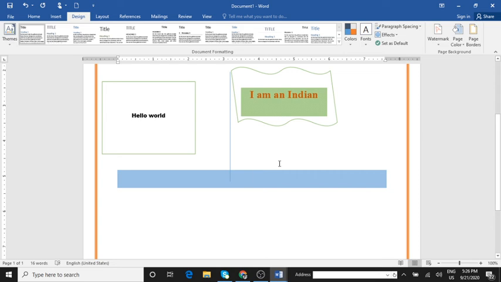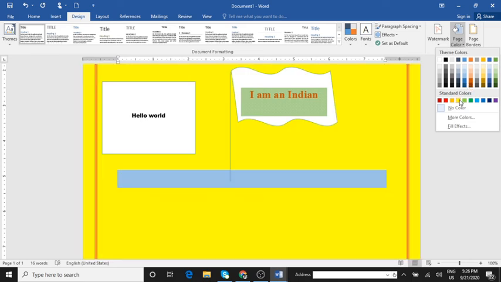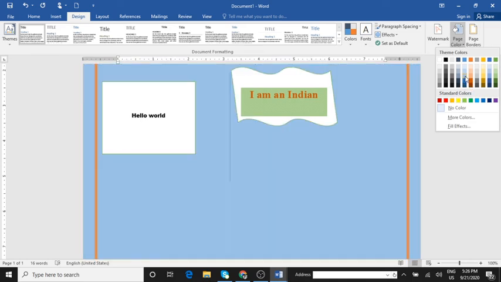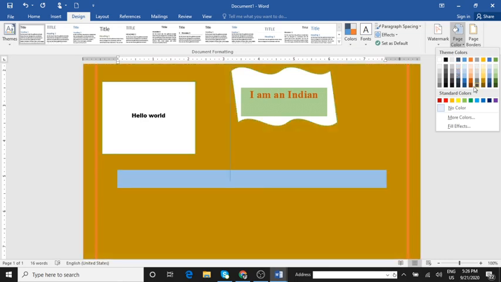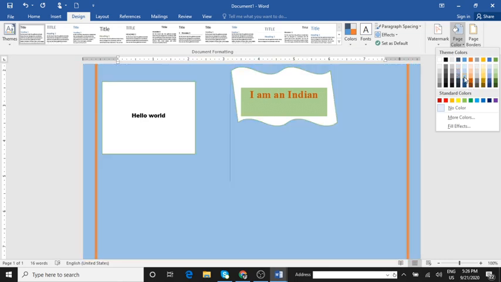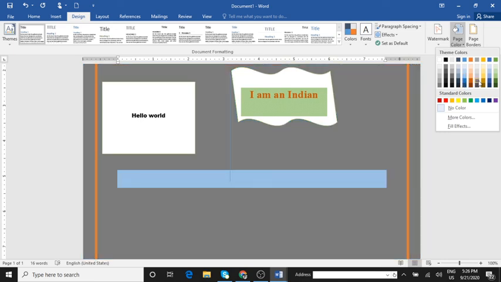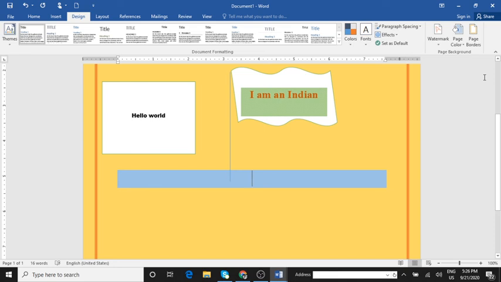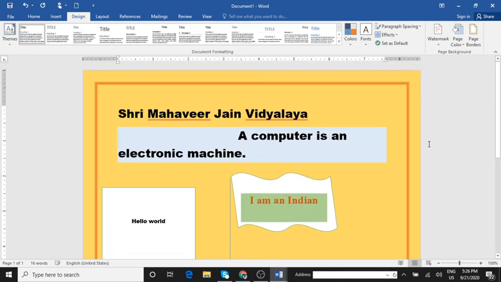And click OK. So then the next one, last but not the least, adding background color. You will be clicking on the design tab, click on the page color. Here you will be selecting different colors. See, as I select the colors, it will get changed automatically. So this is how you are supposed to change. Then whichever desired color you want, you can just select it and your background color will be applied.